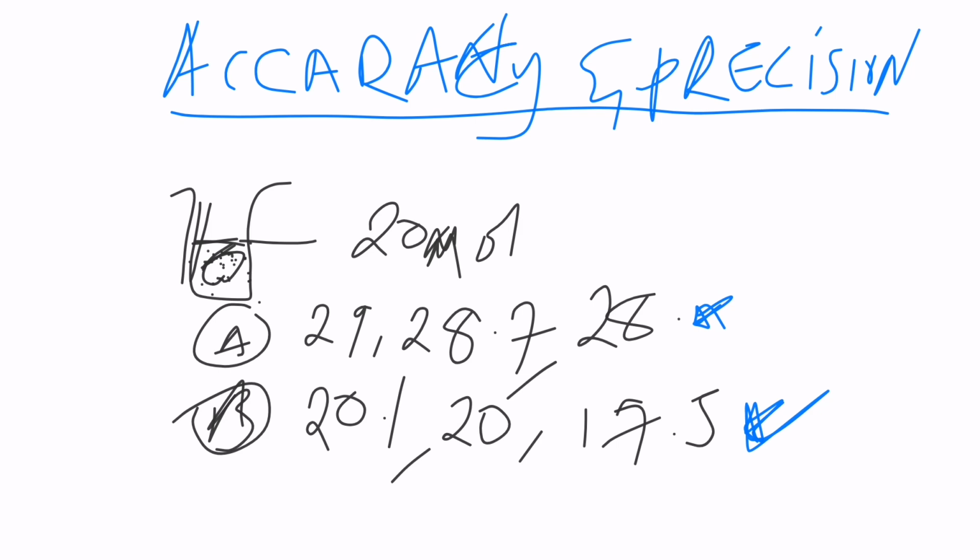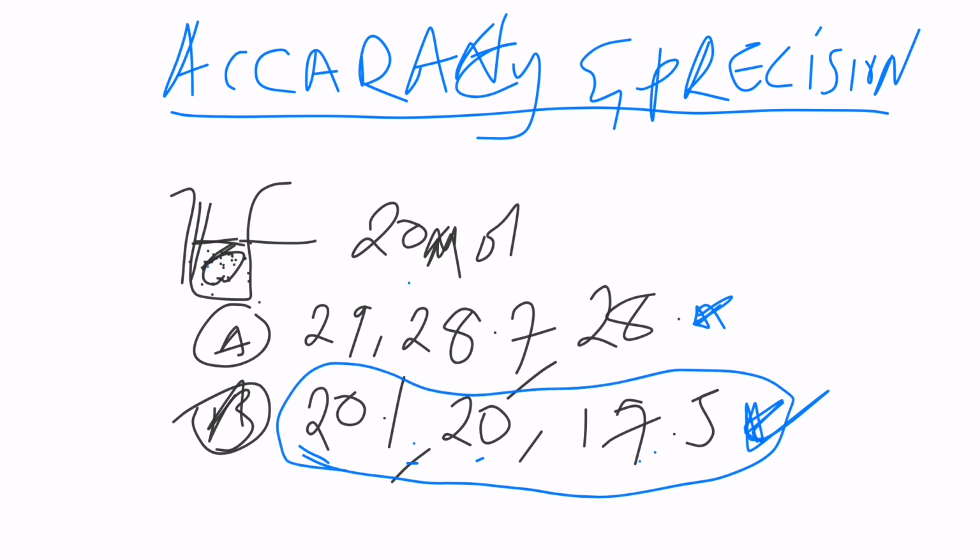So the definition comes in. Accuracy is how close the measurements are to the true value. The true value is 20 moles. You have measured 20.1 moles, 20 moles, 17.5 moles, so you are close here. You are accurate. While the other measurement is precise, because even if it is not accurate,